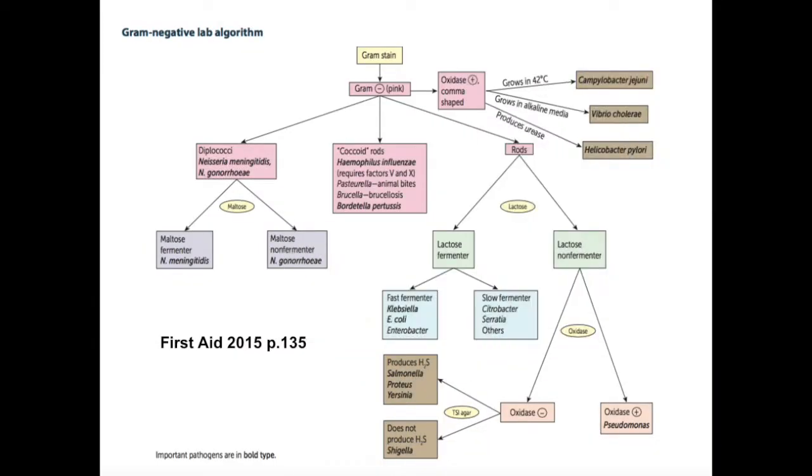So because we are talking about gram-negatives now, the first thing to remember is, again, of course, that the gram staining is going to be red colored rather than purple. Remember, purple for positive, so red for negative. And because we are talking about gram-negatives, they are gram-negative because they do not have the peptidoglycan in their cell wall that we've been talking about, and therefore the cell wall antibiotics are not going to work as well on